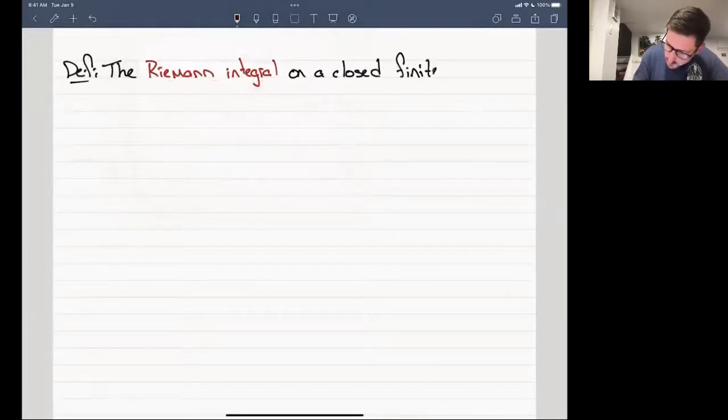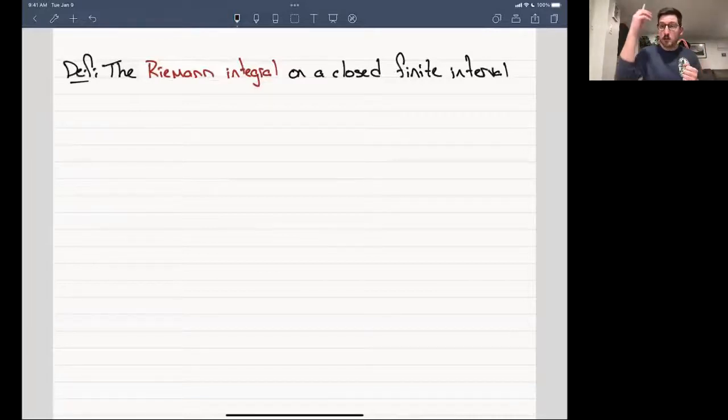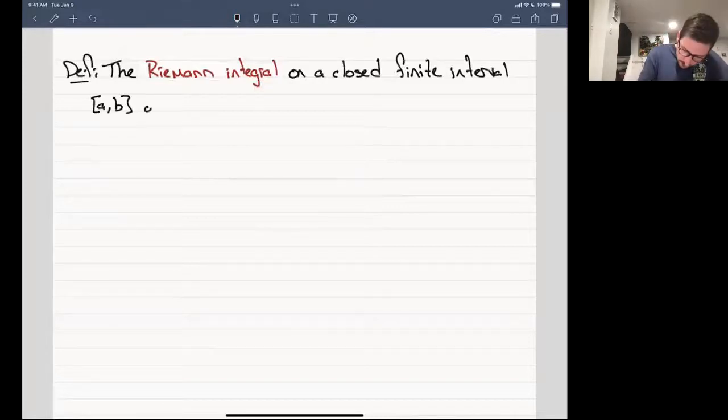So we are always going to be looking at finite intervals. We're not going to talk about improper integrals in this class. So it's something like 0 to infinity. It's always going to be from 1 to 2 or 0 to 3, finite intervals. So a to b in our case